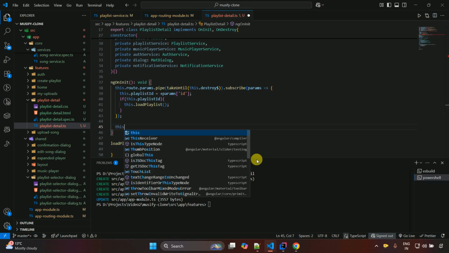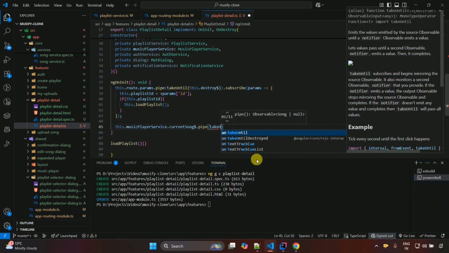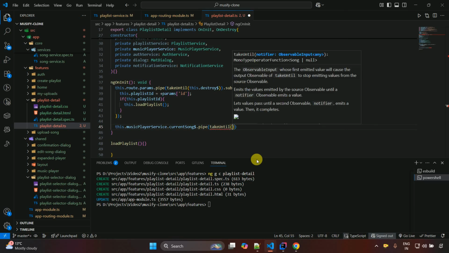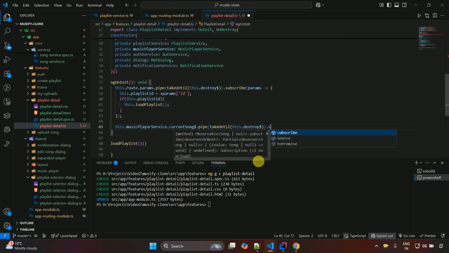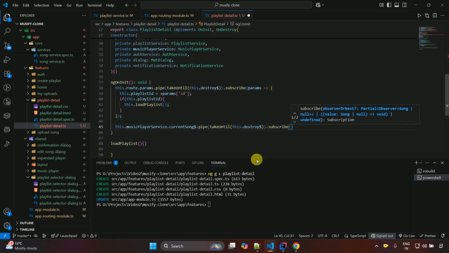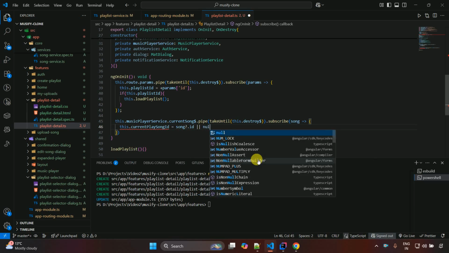So this.musicPlayerService.currentSong.pipe, and in the same way I will take until this.destroy, and after that subscribe, and then song, and this.currentPlayingSongId is equal to song?.id or null,